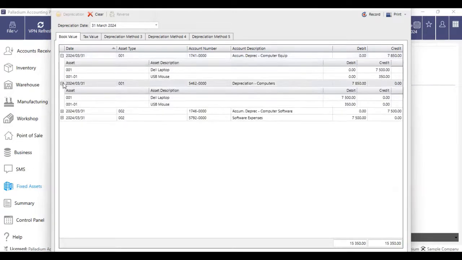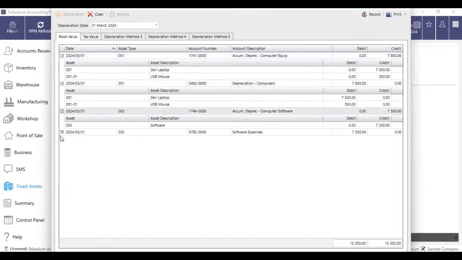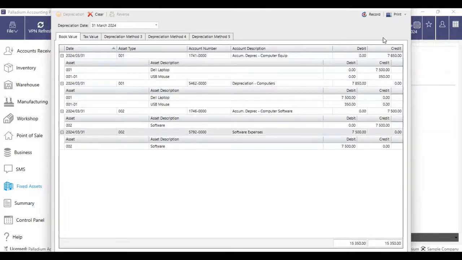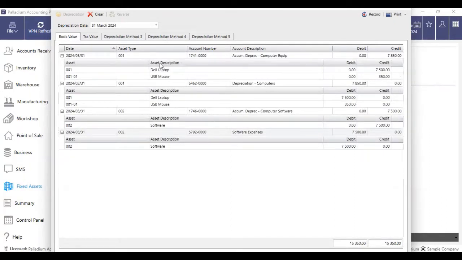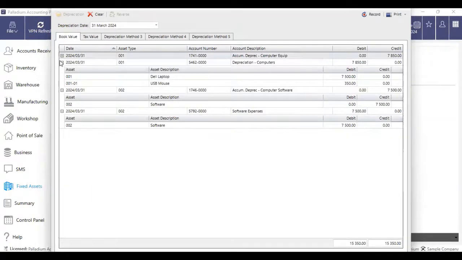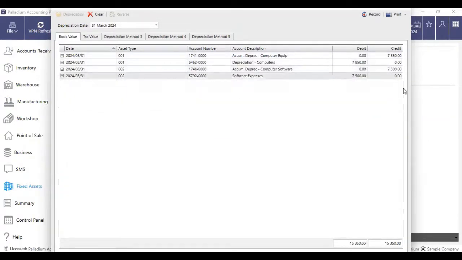So now I've got my different types of assets there. Depreciation method for 3, 4, and 5, okay. So now I'm just going through making sure that all the correct accounts are being affected. Then when I record this,